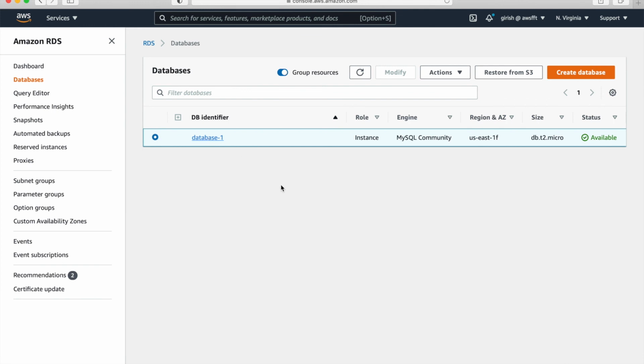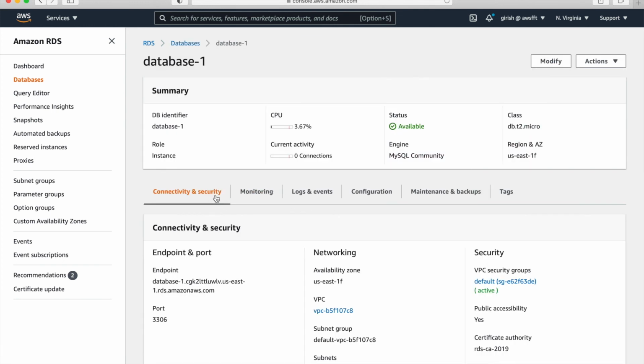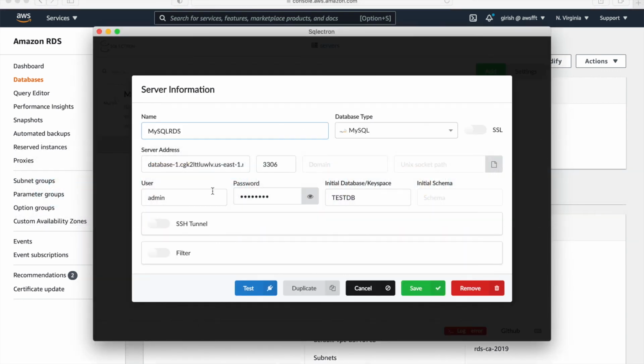To get the server details, you can go to the database page and Connectivity & security. You can see the endpoint and port. These two pieces of information you need for connecting, along with your credentials, which is admin in this case. I was just showing you what you need to make the connection, and then your database name.